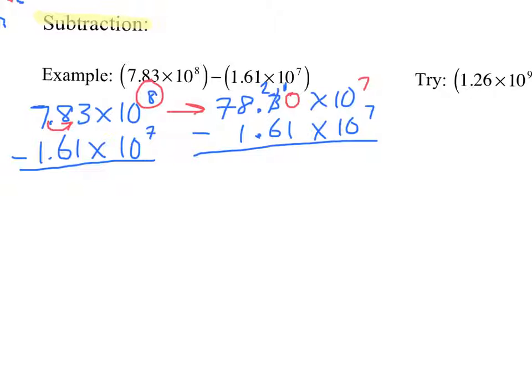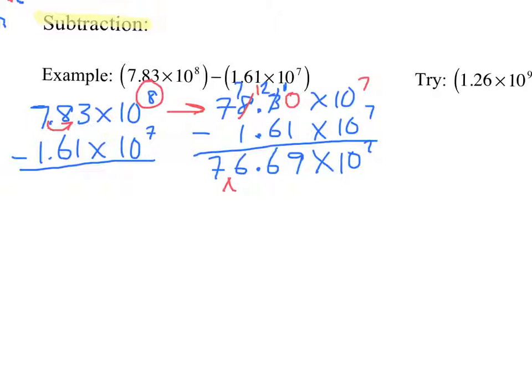So the first step is to borrow from the 3 to make the 0 a 10 and subtract to make a 9. Next, we cannot subtract 6 from 2, so we borrow from the 8 to make the 2 a 12 and subtract 6 from 12 and get 6 with a decimal point. And now 1 from 7 should be 6, and 7 remains. So far the answer is 76.69 times 10 to the 7th, but we need to change this into scientific notation